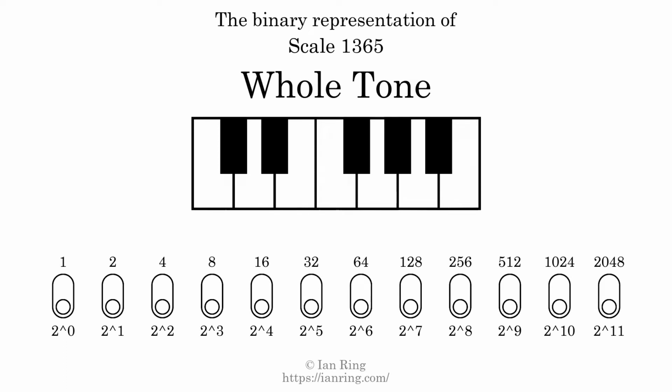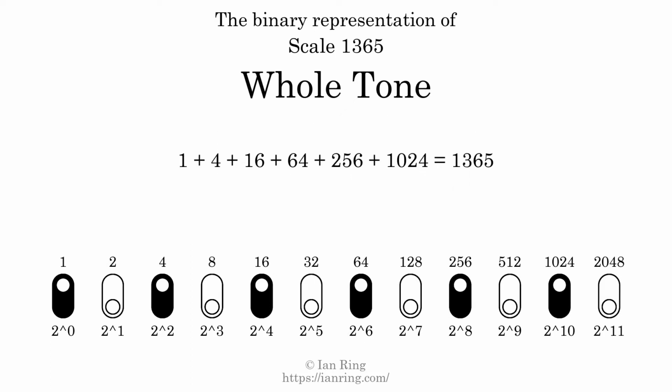The binary representation of this scale is determined by mapping tones of the scale to binary digits. Each binary digit represents a power of 2. To get the scale number, we add the powers of 2 together. The powers of 2 that are present in the scale, all added together, equals 1365. That is why the scale number, in decimal, is